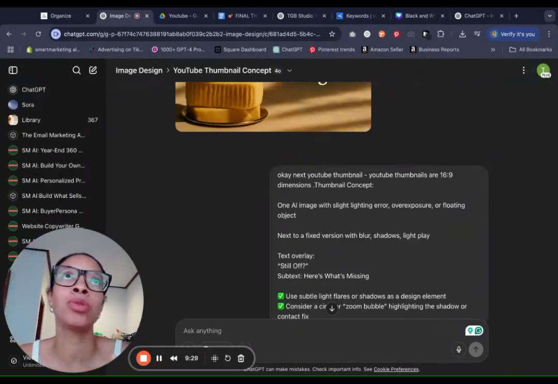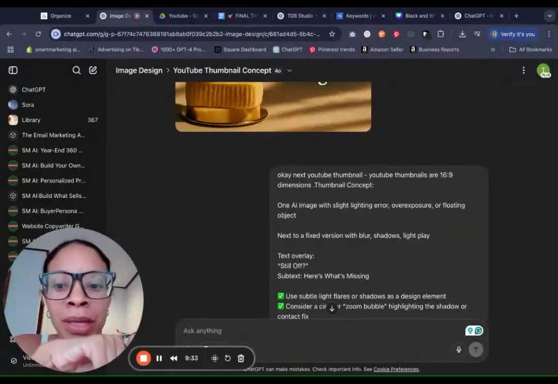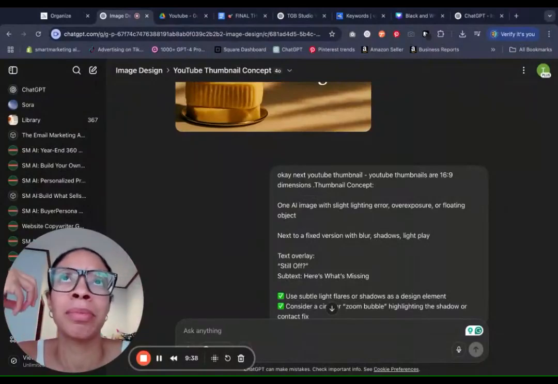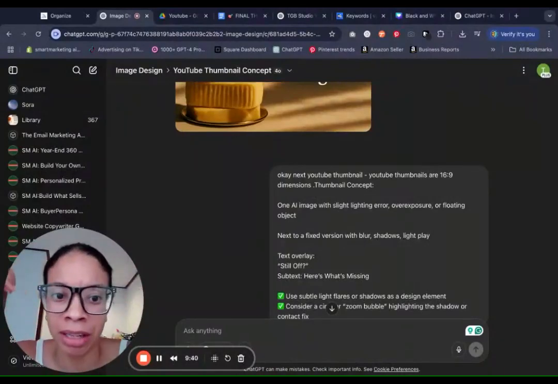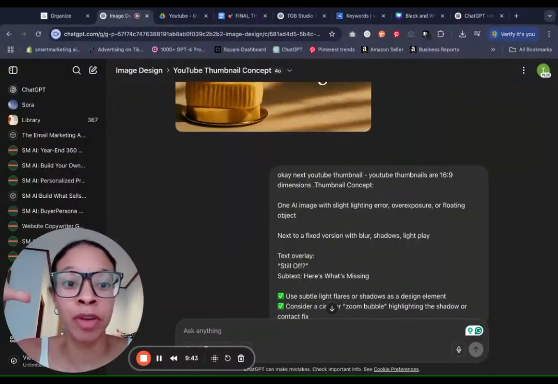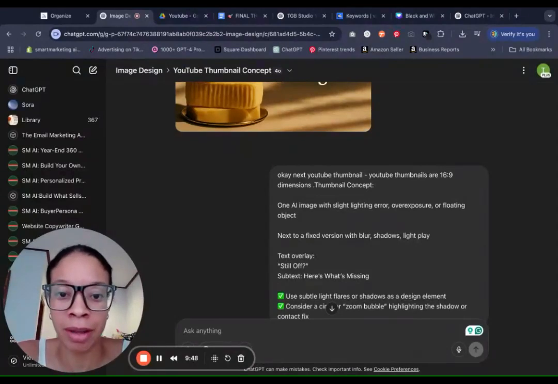I will say do not create more than 3 thumbnails in one chat, because then it all starts to merge together and it starts taking some of the art direction from some of the other thumbnails, even when you tell it to not do that. So if you're struggling and it keeps pulling in different pieces of information from different thumbnails, just start a new